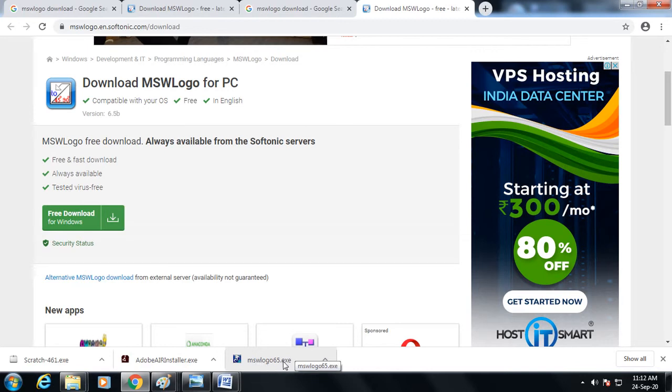When you see this file, MSW Logo 65.exe, you need to double click on this file to install this software in your computer. After installing, you are able to open this software.